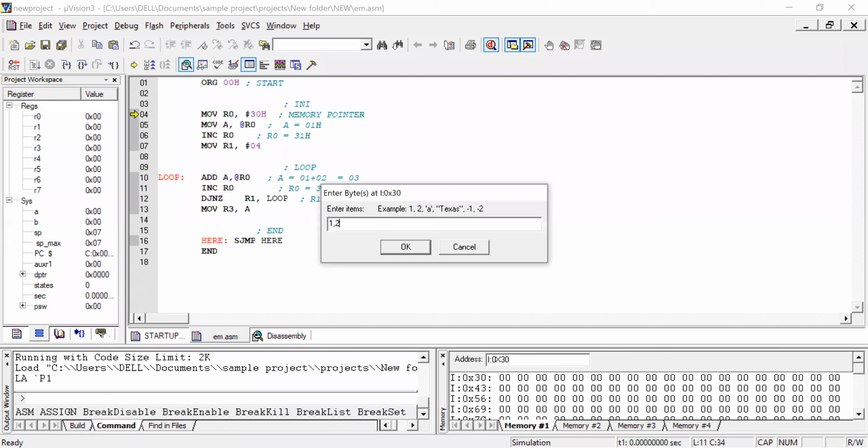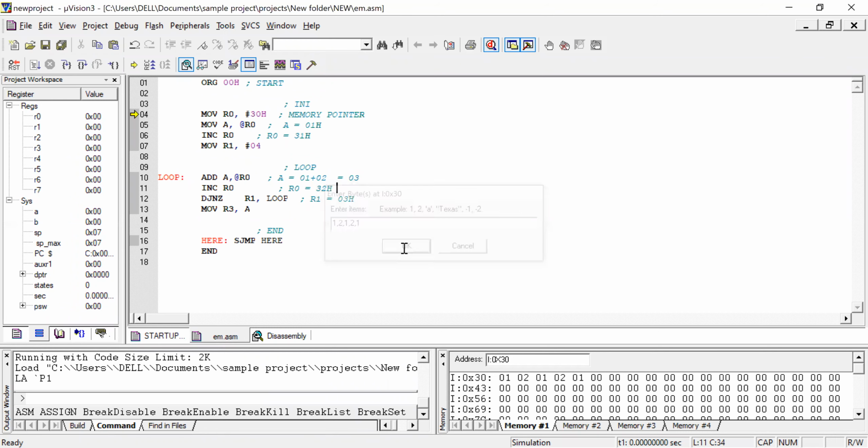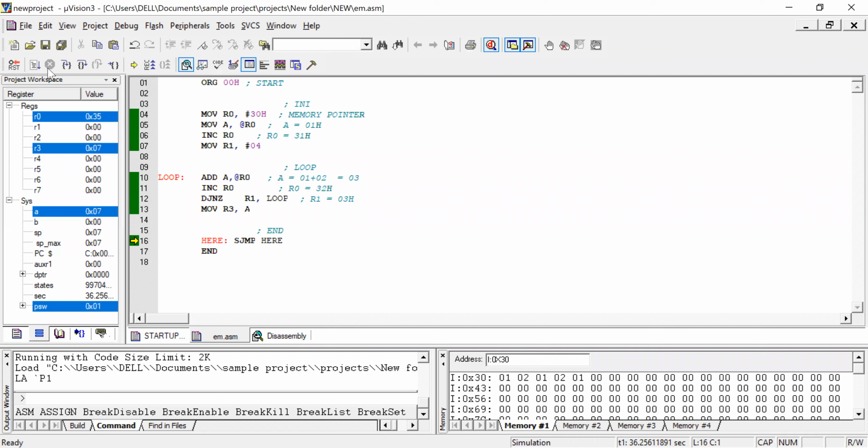So 1 to 1, 1 to 1. Right? So this is my file data. So I'm going to run this program. Okay. And I'll stop it. Let us check where is my output. So my output is here. You can see R3. As per my program, I have placed it in R3.